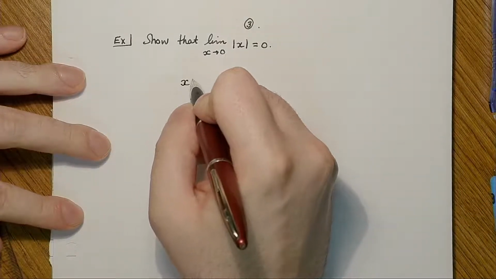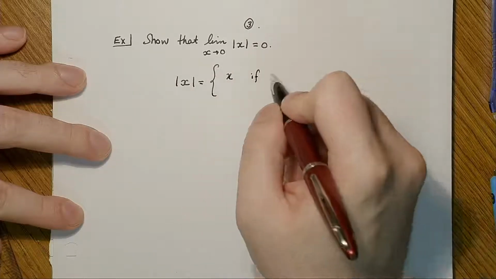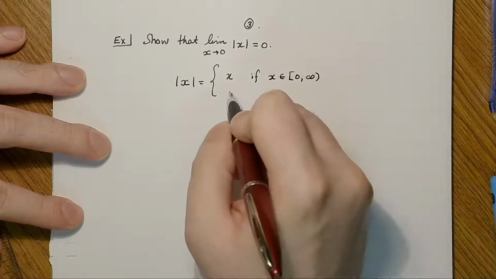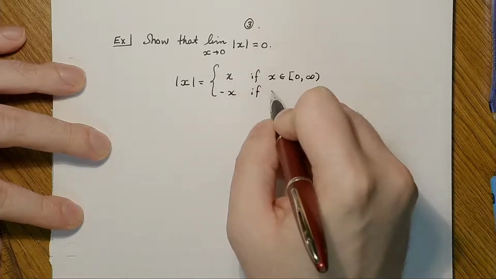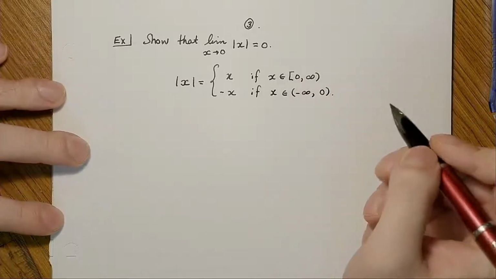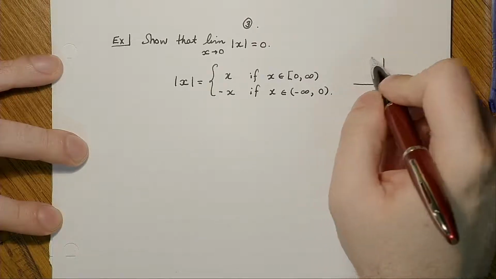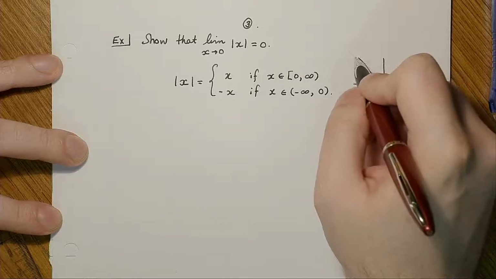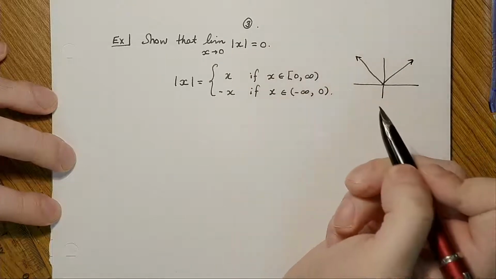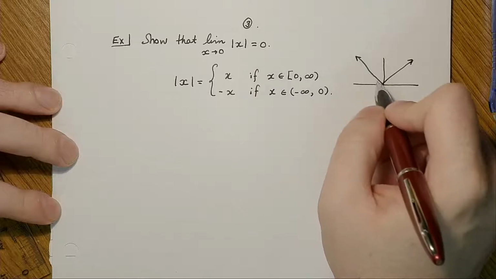So we can remember what the absolute value function is, right? It's x if x is positive, so that's from 0 to infinity, and minus x if x is less than 0. And so a quick sketch looks like something like that. So we have to show what it looks like as the limit goes to 0. So yes, we can see that as we're going from the left-hand side,